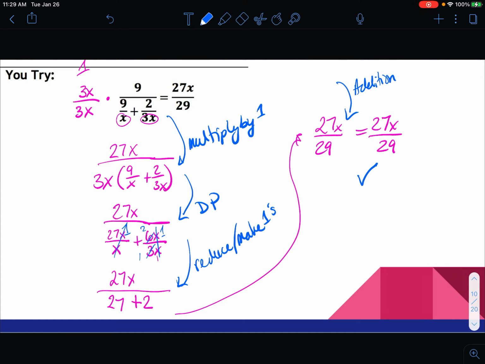So last strategy, multiplying by 1, and it's going to obviously look different because we're trying to come up with a creative 1 that makes our life much easier, and then we're able to do this proof and just